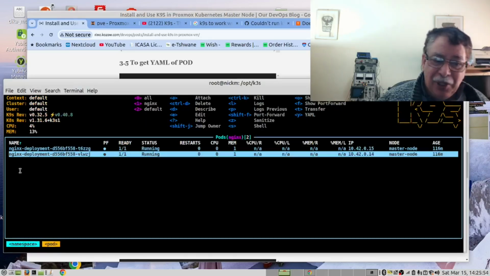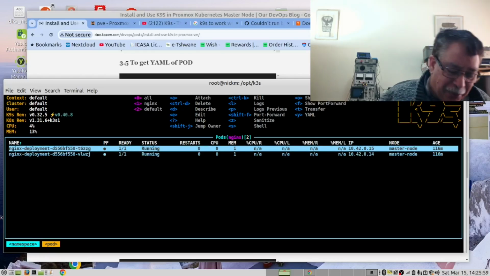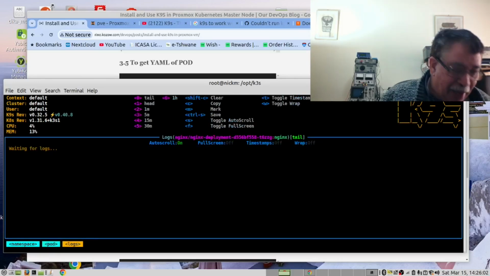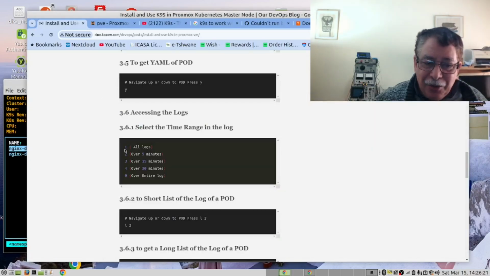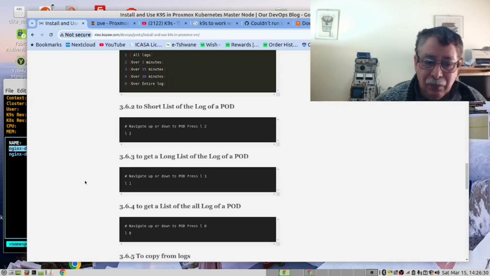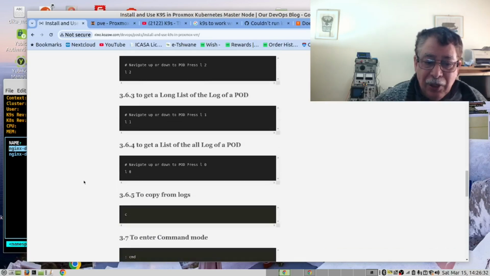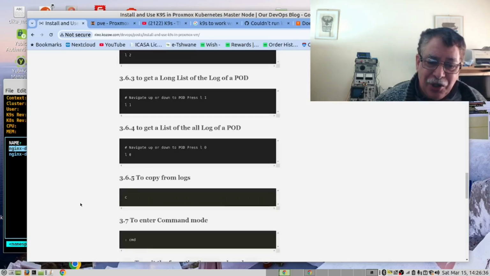So depending on what your requirement is, let's select this one and press L, and now it's waiting for me to give it a number. So L1. And we can do this for this entire range. So we can choose what range we want. That's fine. And if you want to copy from a log, you can use the C command.